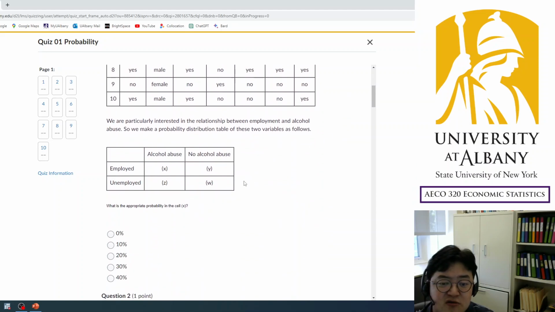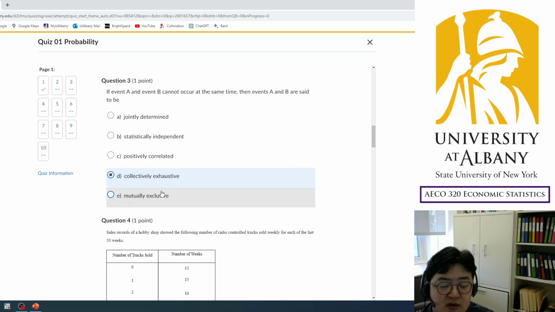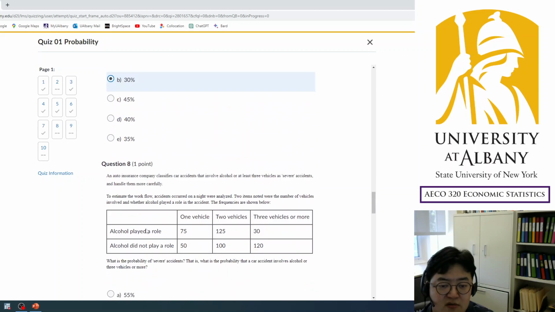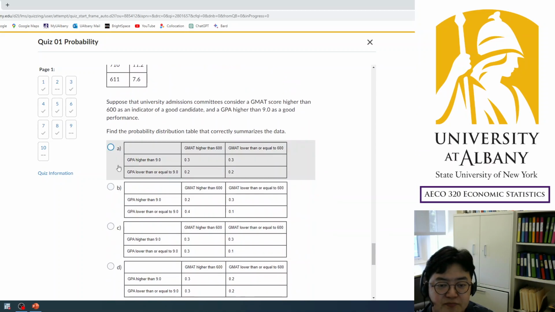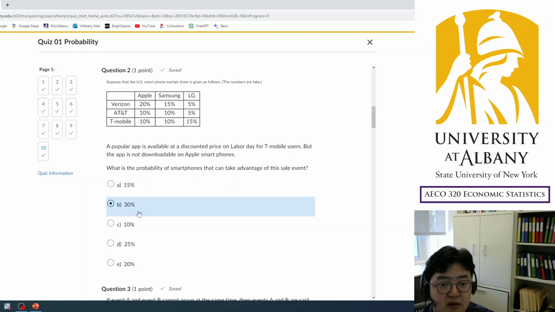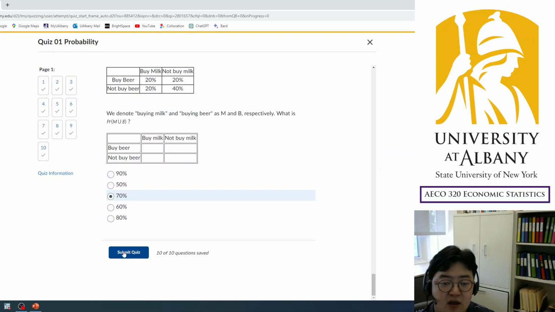But let me just try, and I'll choose random numbers and see what happens, just to show you in case you do not know how to do it. So I'm choosing random answers, and then when you submit your answer, you can see that answers are submitted. But I just realized that I did not choose any answer for question 2. So go back and save now. Okay, all saved, and I'll submit.